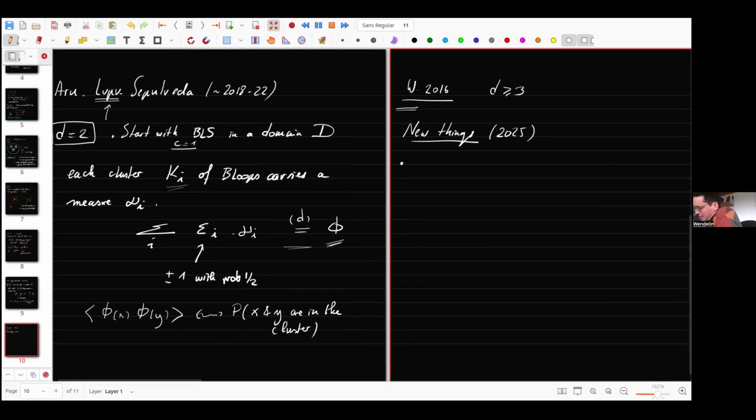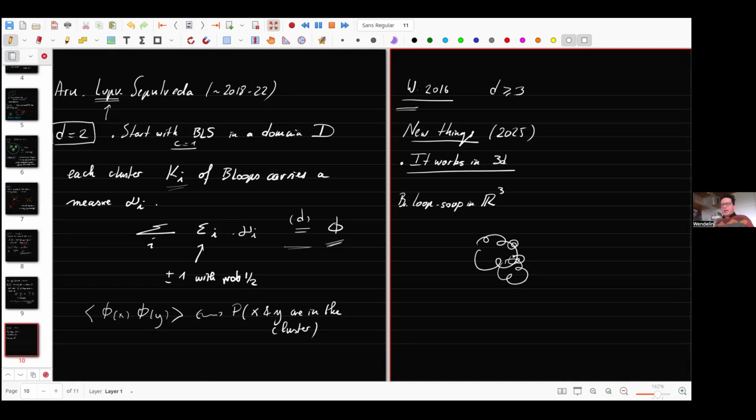So the main thing is it works in 3D. The idea is that you take the loop soup in 3 dimensions, in R3. It constructs clusters of loops. And the first question is, what can you say about these clusters of loops? So the thing is the dimension of the clusters,